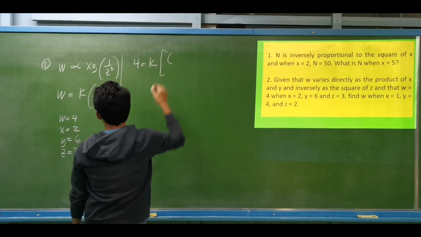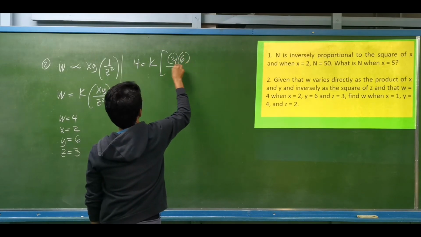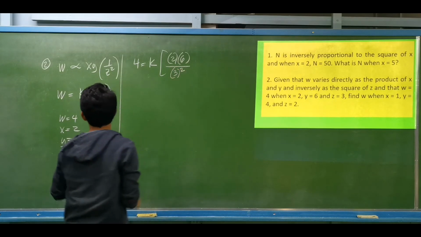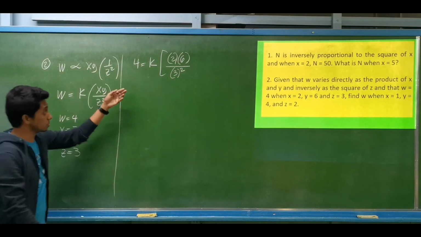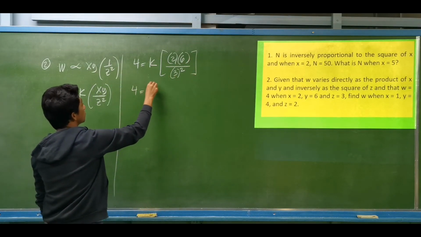multiplied by the value of x, which is 2. The value of y is 6, divided by the value of z, which is 3, squared. So we have now 4 is equal to k